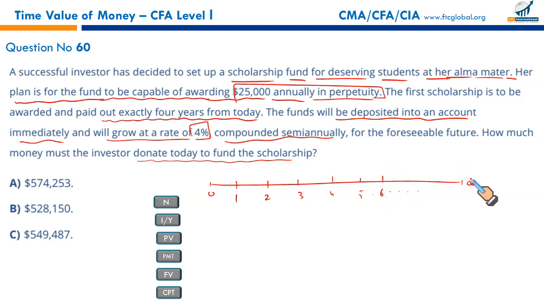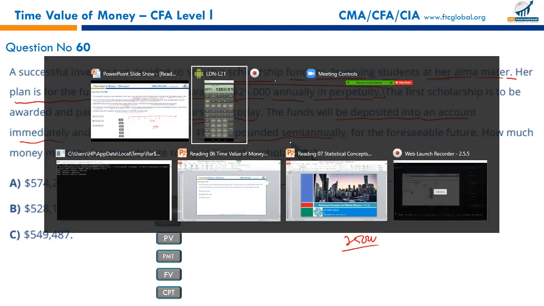Till eternity. There's no fixed maturity. Now, this would be the first withdrawal by those who won the scholarship, second, and so on, and it'll go on till infinity. If this is what is to be received every year from the end of year 4 onwards, we divide it by the rate. First we have to convert to the effective annual rate, 4% compounded semi-annually. Let us